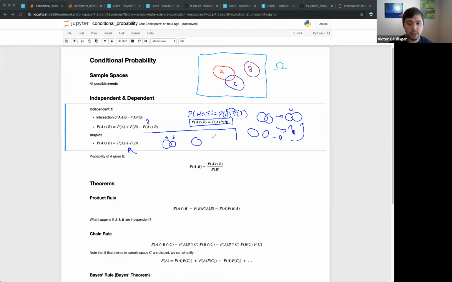So this would be disjoint because they're not touching. A and B here would be disjoint because when I added up those probabilities, that's the total union. There's nothing extra, right? But A and C, if I did the union of all of A and then all of C, I'd get this extra part right here because it's double counted. Okay. So again, these are just important things to understand.